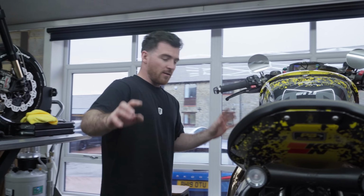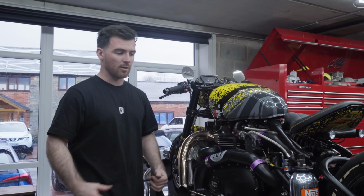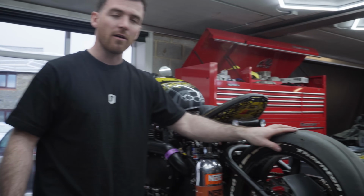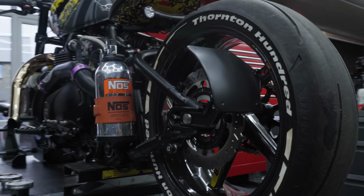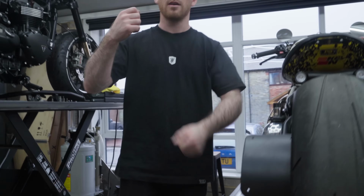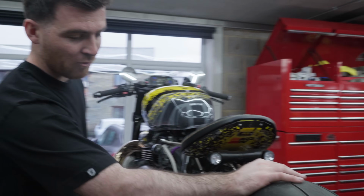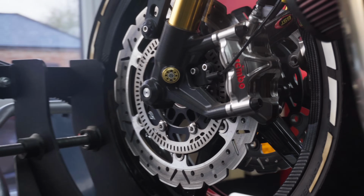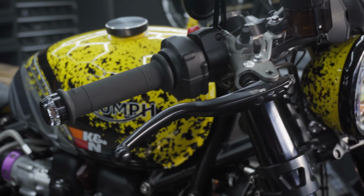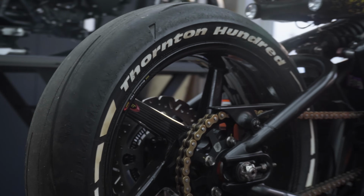So in terms of chassis and handling, it's a standard Triumph bobber chassis. There's loads of titanium throughout, and then we've got the carbon fiber BST wheels, which help reduce the unsprung mass and also the rotational inertia to make sure that we can accelerate as fast as possible with this bike. We're also running a Dunlop Drag Max tyre with the Thornton 100 tyre decals, big Brembo brakes front and rear, and a modified version of a Thruxton RS front end. So loads of lightweight components on it, big Brembo RCS